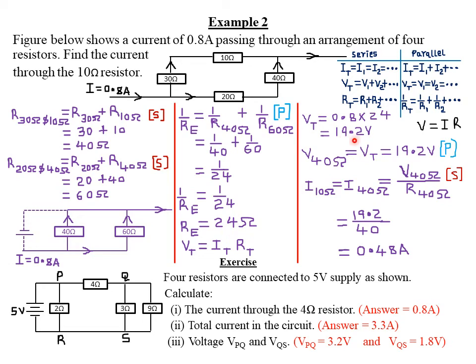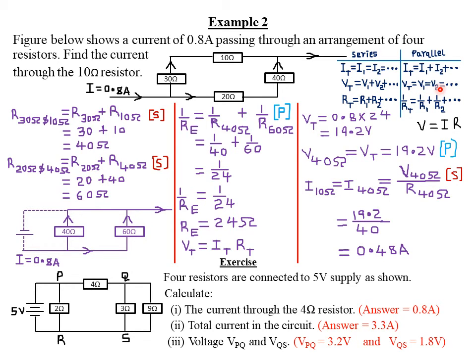So the total voltage flowing through the source is actually 19.2 volts. That is 0.8 times 24. Now, once we have the total voltage or the effective voltage, we can easily find the current through the 10 ohm resistor. Now remember, the 40 ohm resistor and the 60 ohm resistor are in parallel connection with the battery or the source. And we know that for parallel connection, V total must be equal to V1, which must be equal